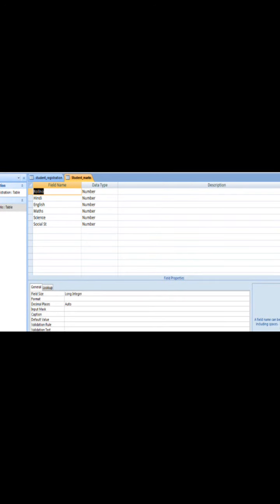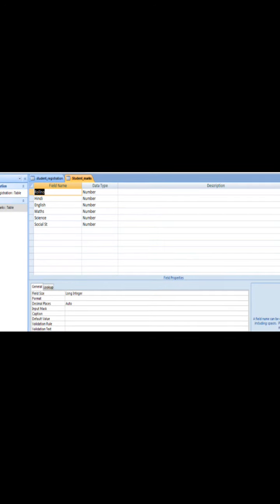This is the data of the first table, the student registration table. Now let's see the second table. This is the second table I have created, student marks, in which I have kept roll number. As I told you, one field should be common in both the tables. So the registration table is my parent table, whereas this marks table is a child table.